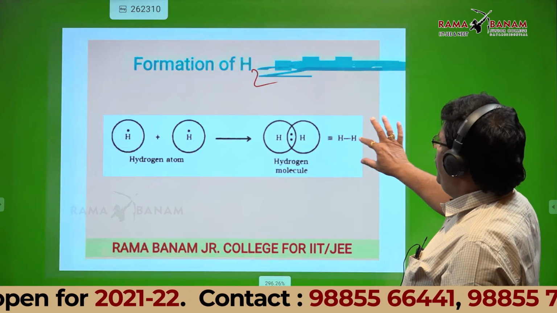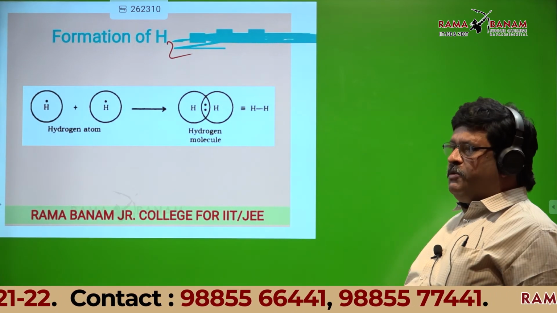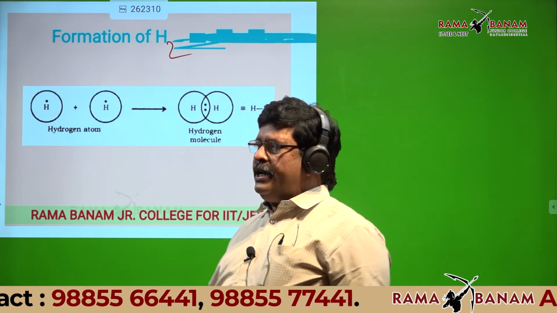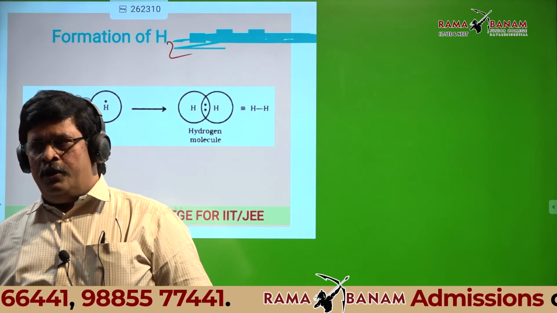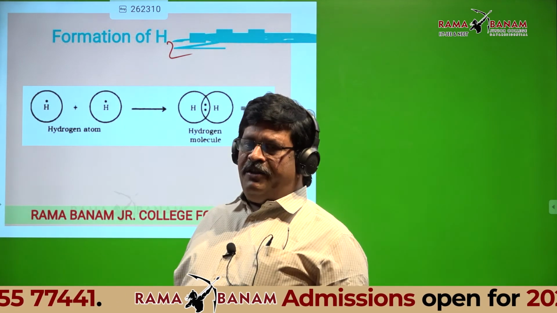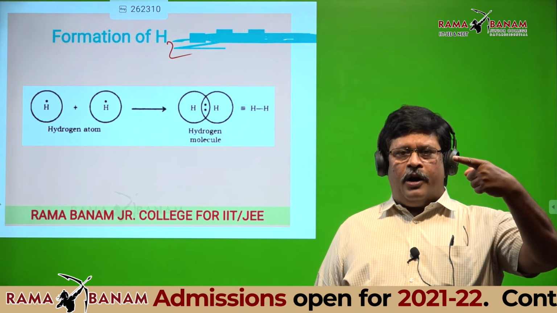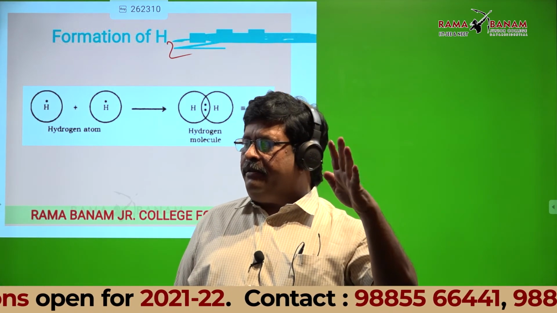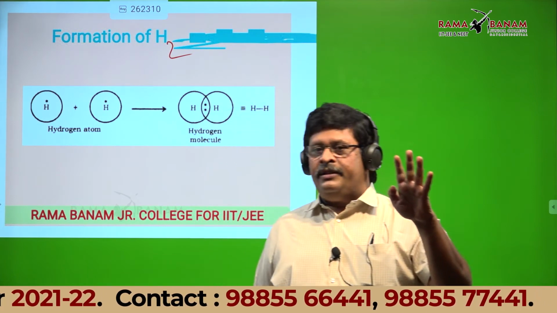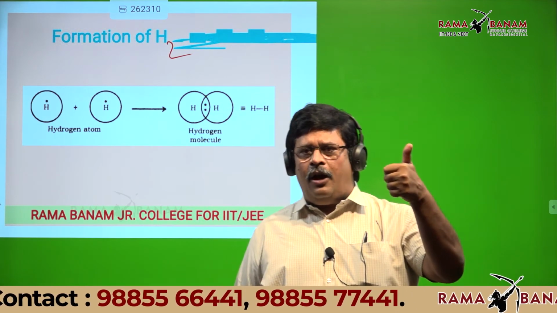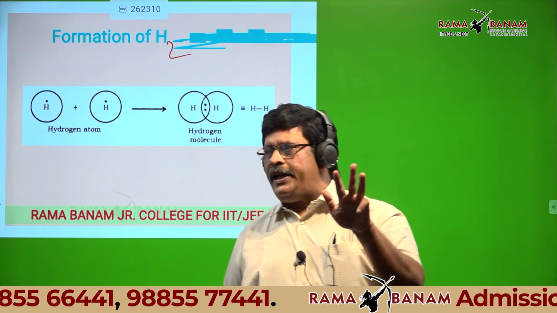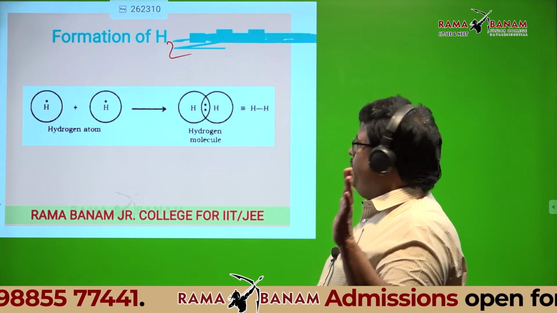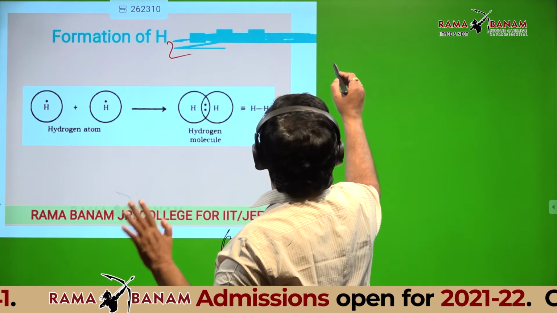Okay, sir. Now listen to me. How do the hydrogen atoms form H2? What type of bond is between the hydrogens in H2? Is that a single bond, a double bond, or a triple bond? Single bond, sir. Wait. Does hydrogen contribute 1 electron, 2 electrons, or 3 electrons? That you should know. Let's look at the board.